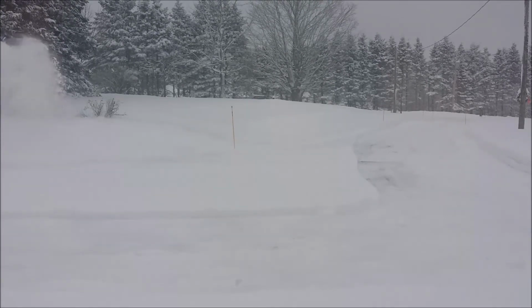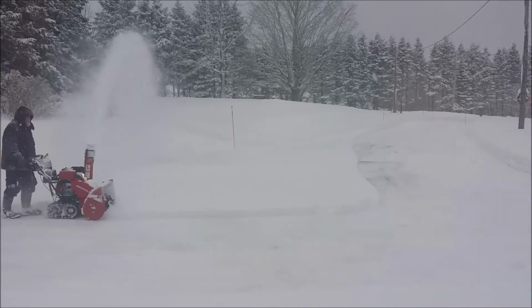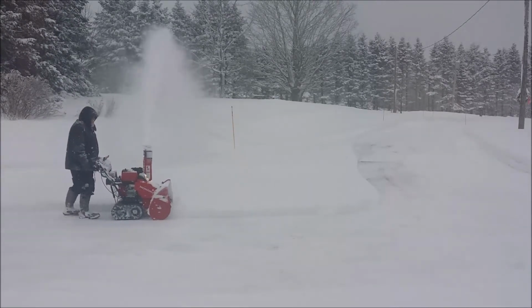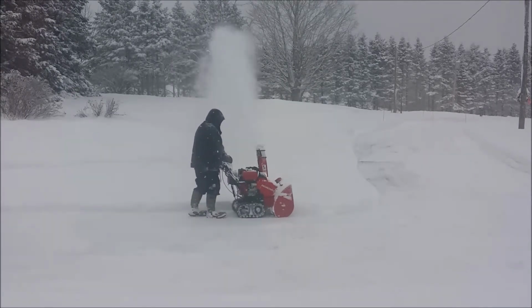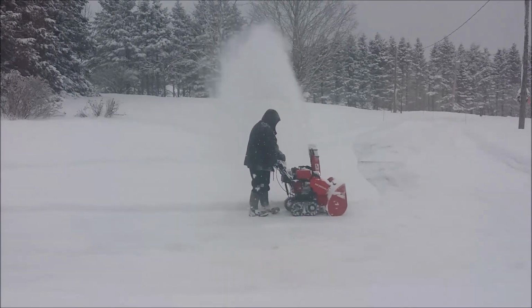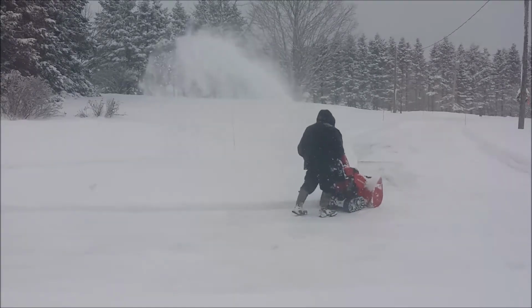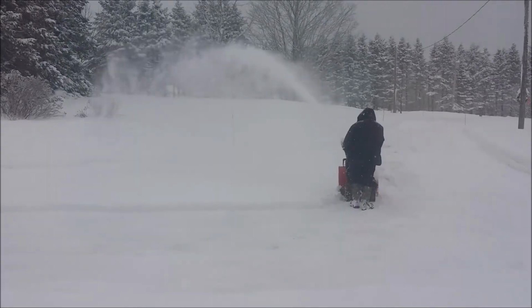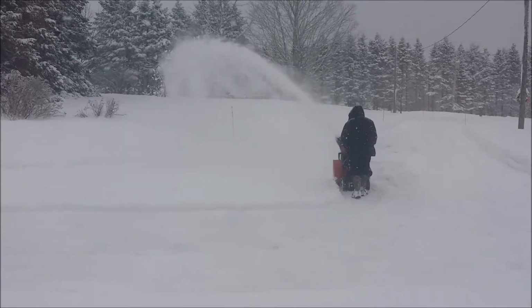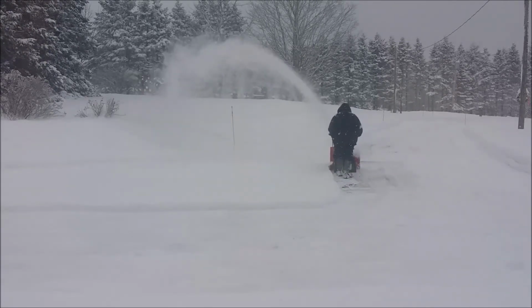Looking forward to when the sun comes, because the sun gets this area here pretty good. And what I do is I take the ashes from the fireplace, and if I know a good hot day's coming, or around zero or whatever, I'll empty it out and go and sprinkle it. You can see a little bit of darkness on the driveway where I've cleared it already, and I did that on Saturday after we cleaned it all out, or Sunday, I guess I did it yesterday,